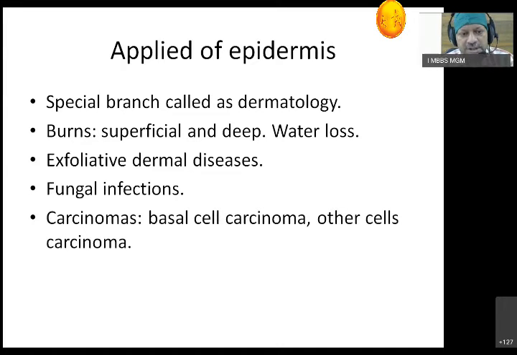Carcinomas, especially when the concept of the ozone hole and ultraviolet exposure comes in, and a variety of other things. That is usually basal cell carcinoma. We have seen a variety of carcinomas. One of the commonest is basal cell carcinoma. The only thing is that if it is identified early, it can be treated very easily and can save life. The branch which deals with the dermal ridges is what we call dermatoglyphics. So that is the applied importance of the skin.